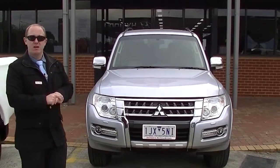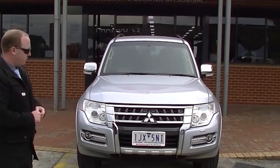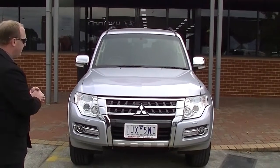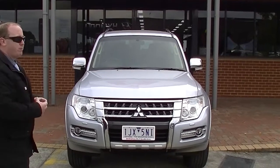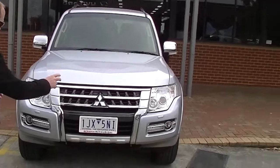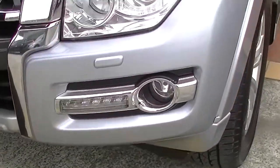My name's Steve and today I'm going to do a walk around video presentation for you of this fantastic 2015 Mitsubishi Pajero GLX in silver. You can see a really nicely styled Pajero from the front, plenty of chrome on the grille there. We also have the daytime running lights down the bottom here with the fog lamps and our very nice big